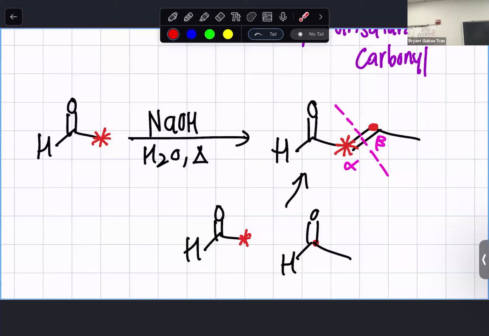Where this is just in excess, like we have a lot of these in the solution. Where the base here, whenever you see strong base, you always look for your most acidic hydrogen to deprotonate, which is the alpha hydrogen here. Once we do that, we form an enolate ion there, where we know there's going to be a negative charge